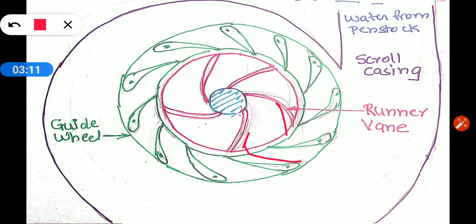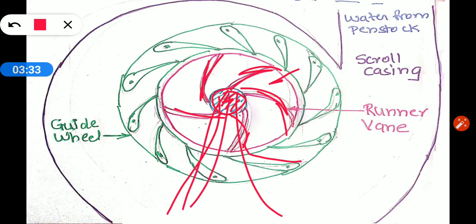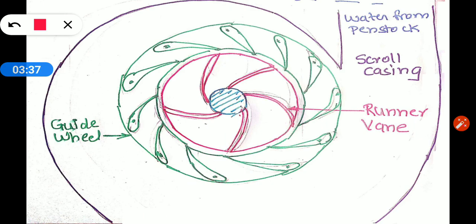Then third is the runner wheel, which is at the center, as you can see. And this is the shaft over which the runner is mounted, and that runner has these runner blades, fine. These are the blades. Now it is an inward flow turbine. Water enters at the outer radius, it comes out at the inner radius, and then it comes out axially, fine. So water comes out from here at the center. So it is a mixed flow turbine.